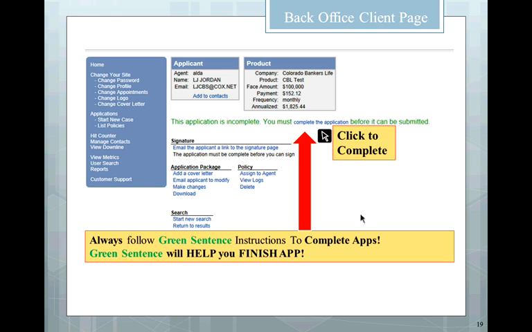You can see what their face amount is, their mode of payment, and how much their premium is right there. And then you're going to see a big green sentence that says, "This application is incomplete. You must complete the application before it can be submitted." So whatever this green sentence tells you, folks, when you go into the back office, you click on List Policies,